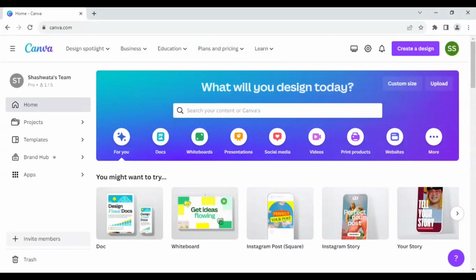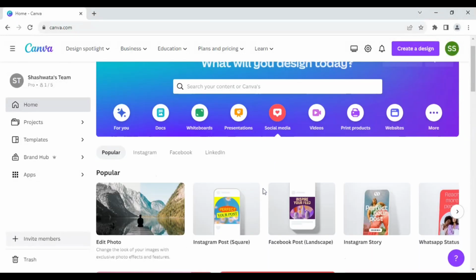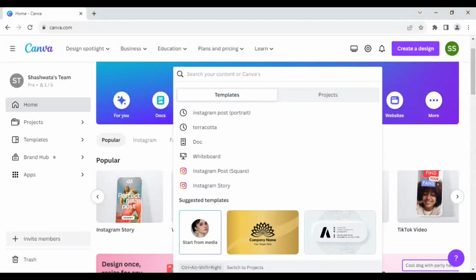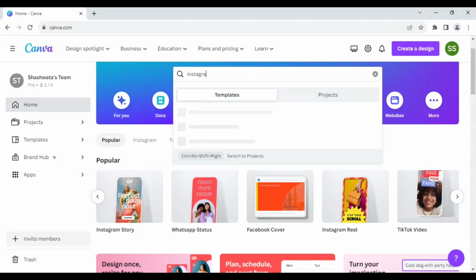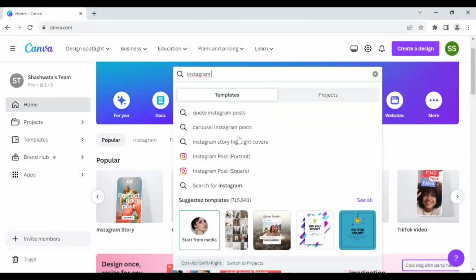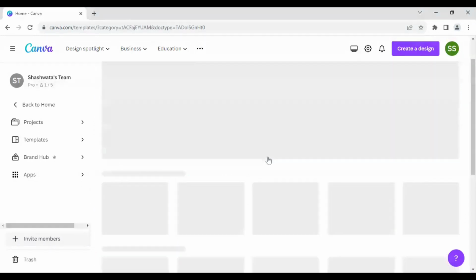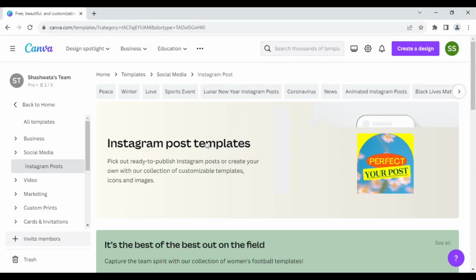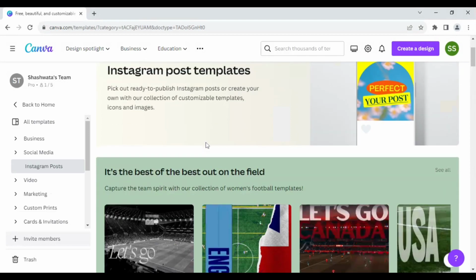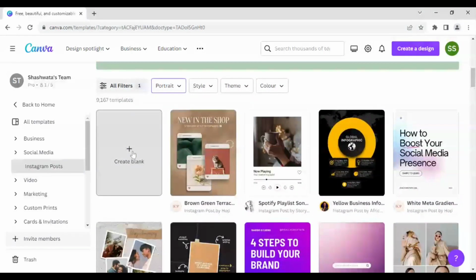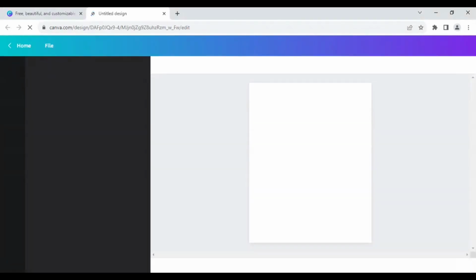So we will come to our Canva main page, and here I will go to social media, and let's come here and type Instagram, and for this I will be requiring Instagram post in portrait format, which is 1080 cross 1350 pixels. Okay, so I will scroll down and select create blank,